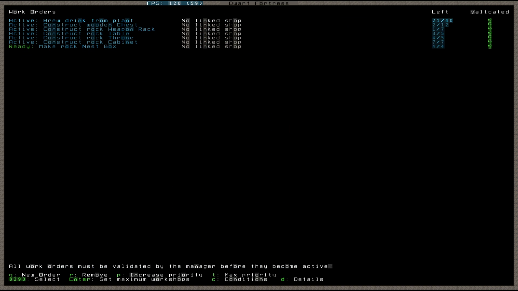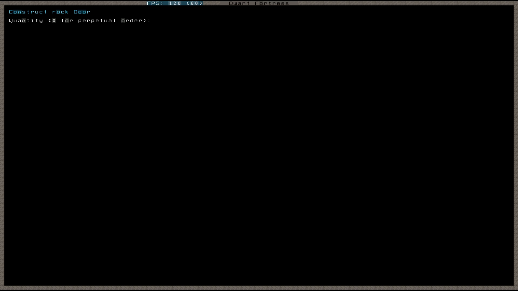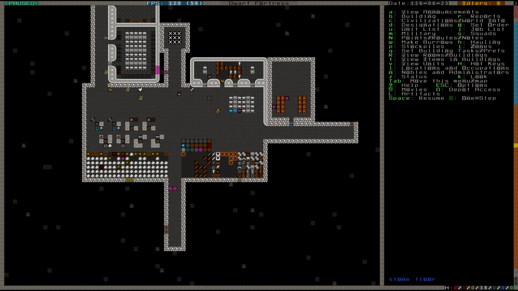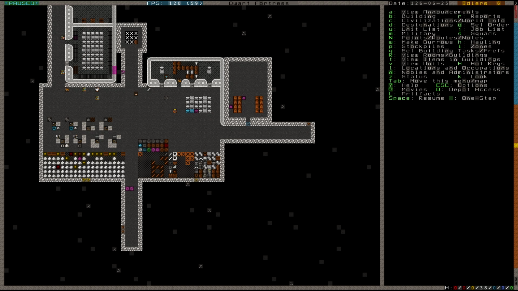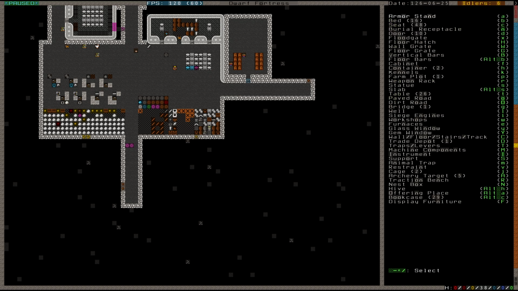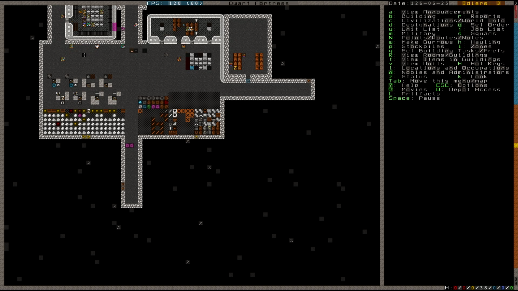Do we have a job for doors? No. Let's make 12. We're still paused. I'd like to expand our furniture stockpile so that we don't just have everything piled up in our workshops. So let's build, or P, not, it's U for furniture. And then I'll let it expand to this right here. Just like that. And as we resume,